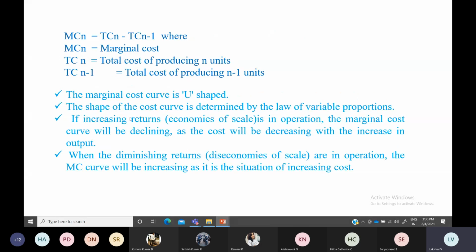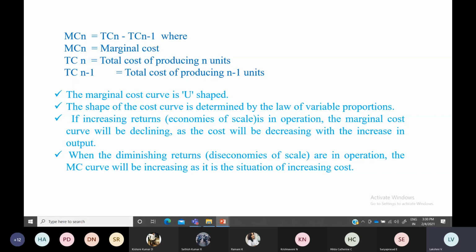Marginal cost is also U-shaped only. Our average variable cost is a U-shaped curve. Similarly, marginal cost is also a U-shaped curve, because everything will be declining. Whenever you want to increase your output level, it will be declining only at first. But after a certain point of time, your marginal cost, your variable cost, everything will increase. Why it happens is due to economies of scale and diseconomies of scale only. Initially, if it is declining, it is due to economies of scale, you will be more efficient in doing work.